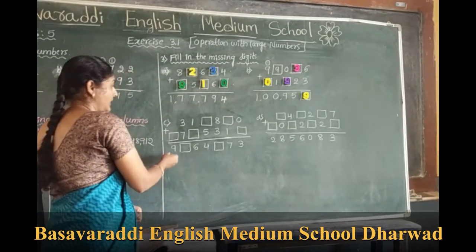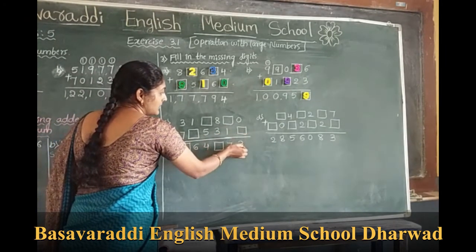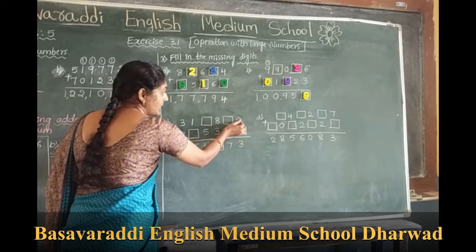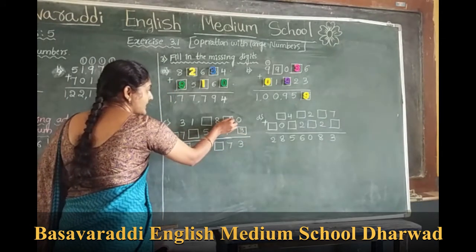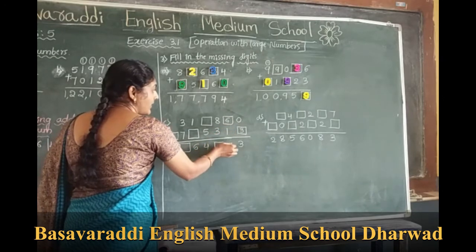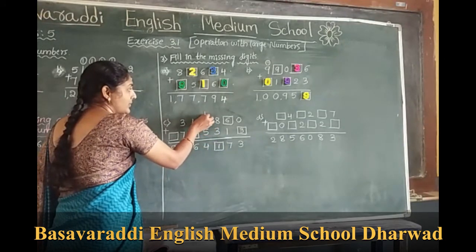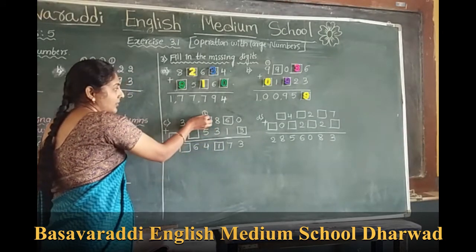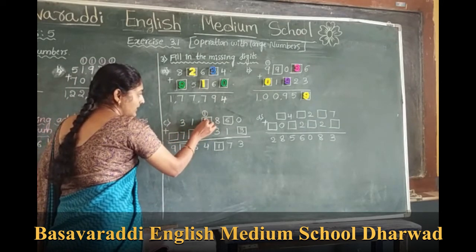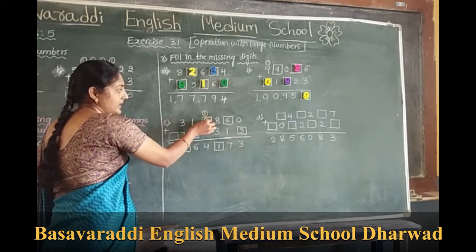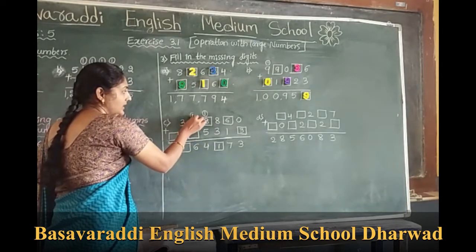Okay, the next question is 0 plus. So 0 in the first addend, we have to fill the second addend number there. Okay, 0 plus 3, we get the 3. Next 6, 6 plus 1 is 7. So 8 plus 3 is 11. So 1 in the 100 place, 1 carry over to the next number. 1 plus, which number we have to add here? So 8. Put the 8 in the missing column. 1 plus 8 is 9. 9 plus 5 is 14. So 4 is here. 1 carry over to the 10,000 place.